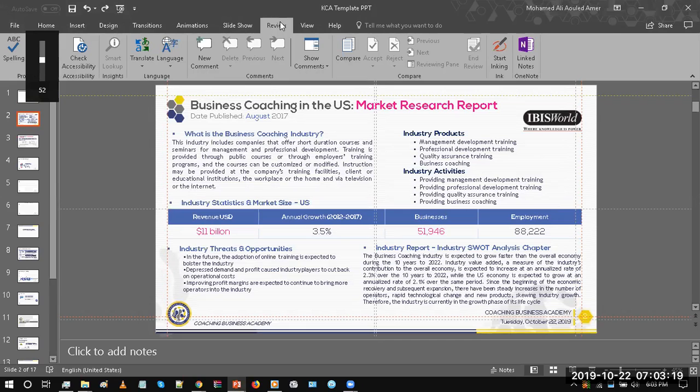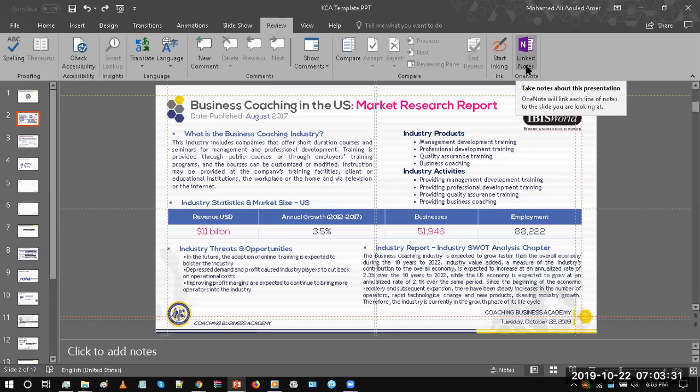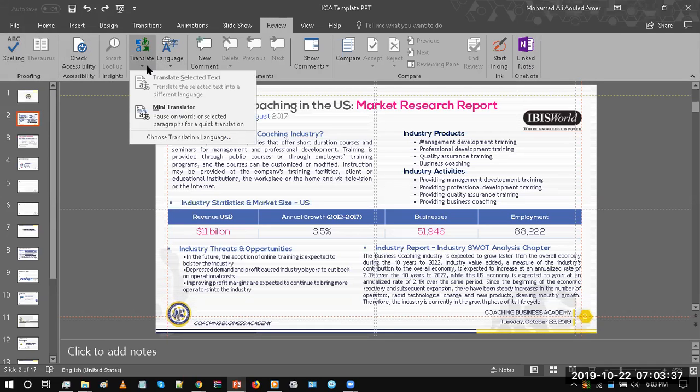There it is. Review is more like, it's a review. It's literally as it is. If you have comments, you can always find everything here. You can take notes if you have linked notes with Microsoft Notes. You have the spelling here. And you can actually even translate your presentation, by the way. Some people don't know that, and they are paying a lot to translate their presentation, but you can actually,